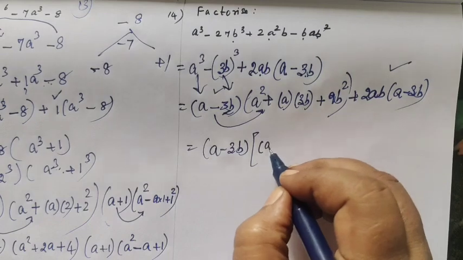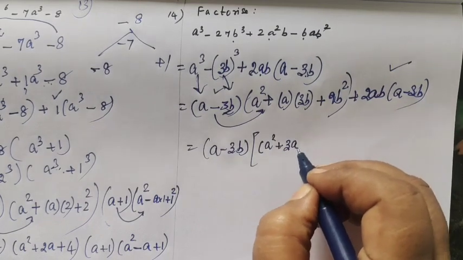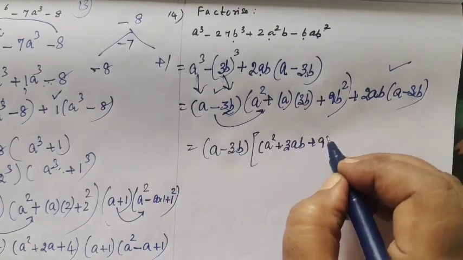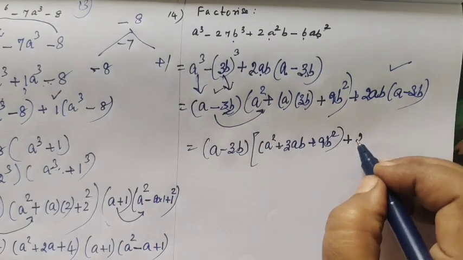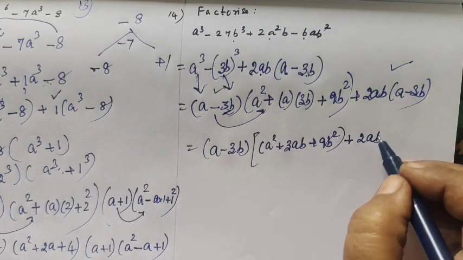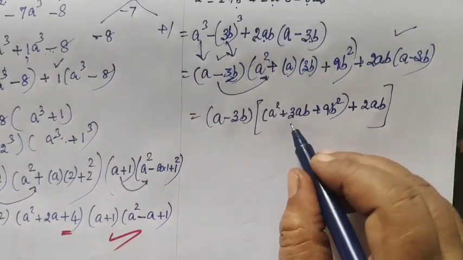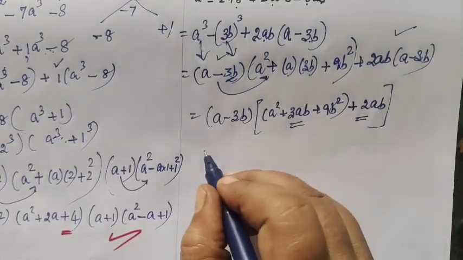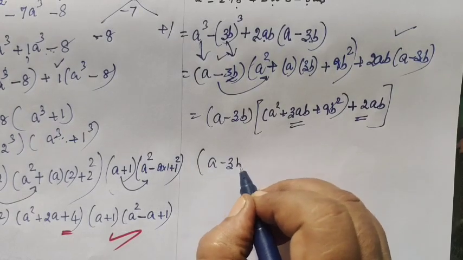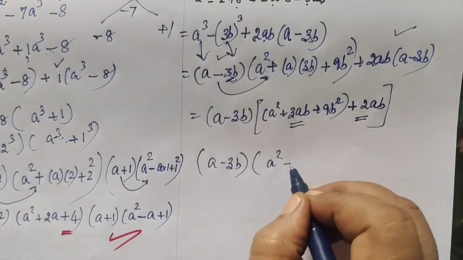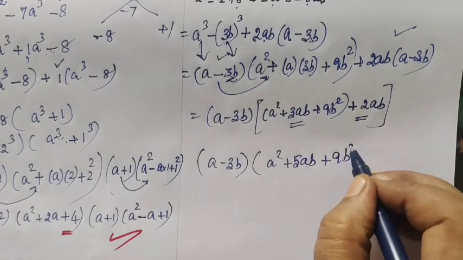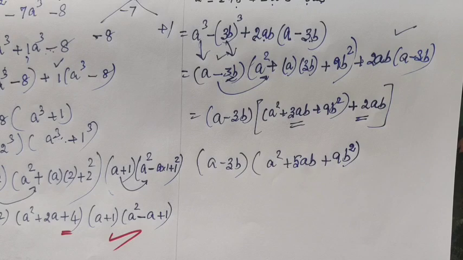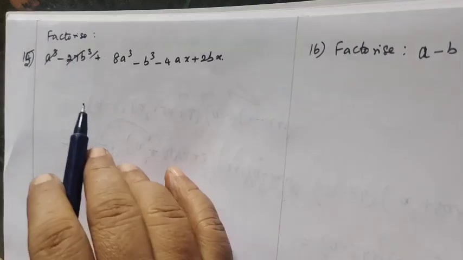So a squared plus 3ab plus 9b squared, then plus 2ab, right? Now you can add this and this. So a minus 3b, a squared plus 5ab plus 9b squared. Next question number